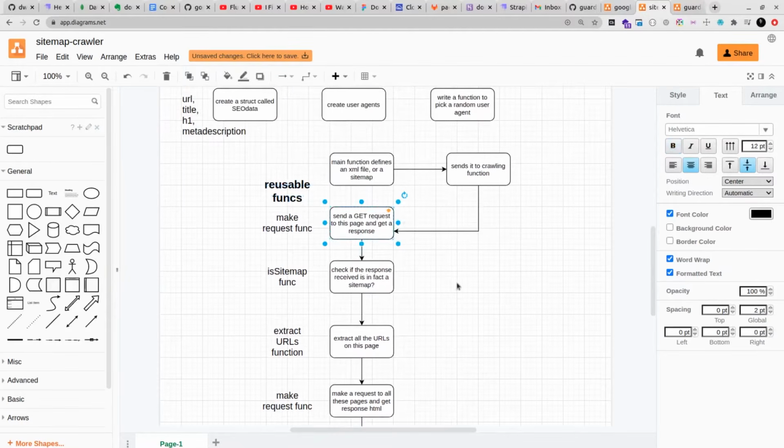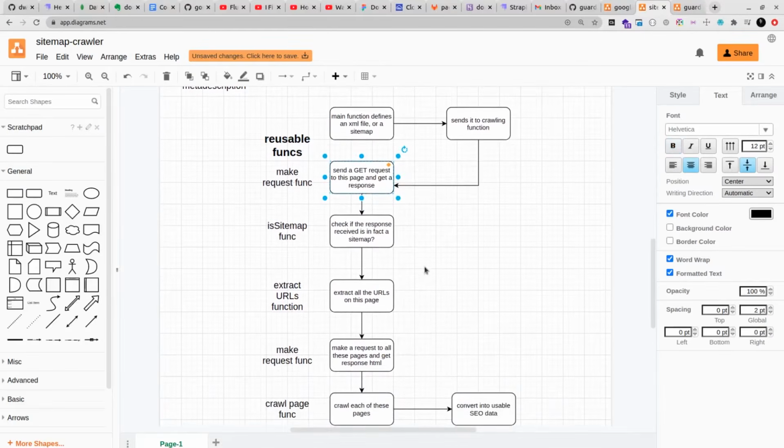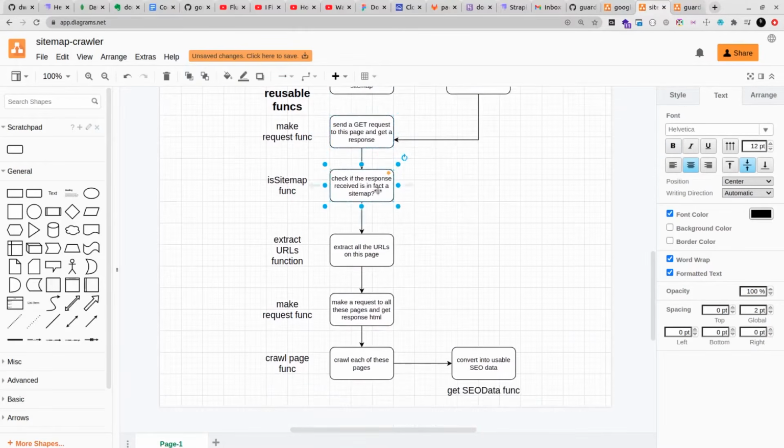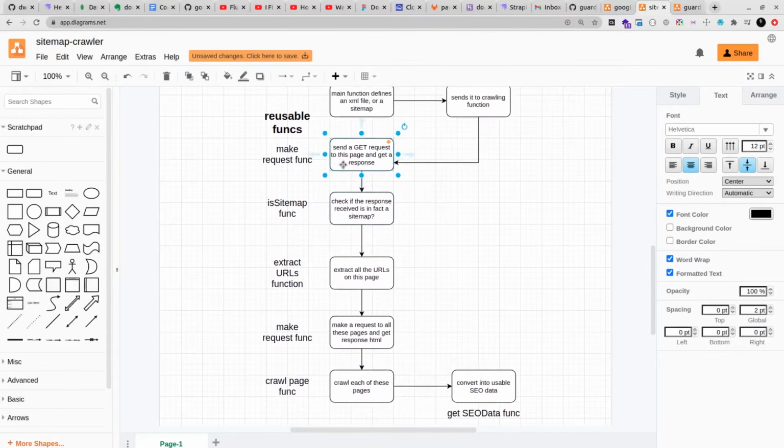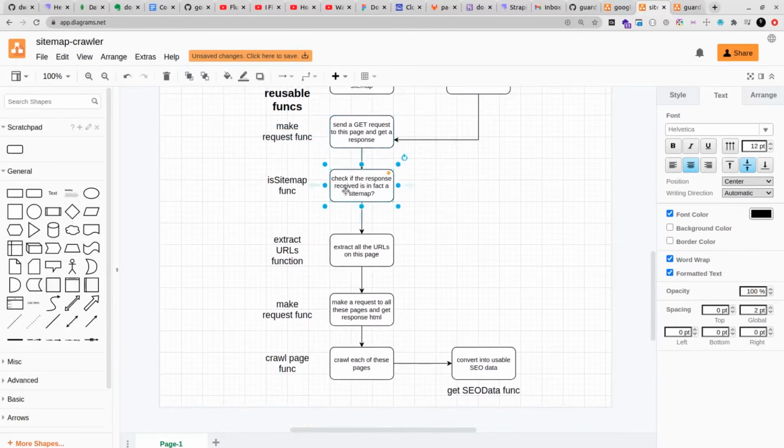So then what you're going to do is send a GET request to this page, which is basically the sitemap page, and get a response. Then we check if the response received is in fact a sitemap. So to make requests, I'm going to create a function called make request function, which will help me to always make requests. And then this is going to be done by is sitemap function,